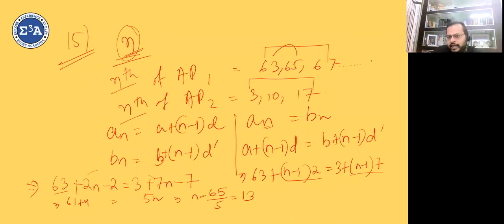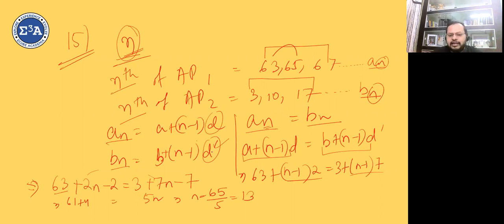Suppose we take this AP as an and this AP as bn, these both terms will have the same value. So we have to find out for which term it will be the same. So what I did, according to the question, an and bn need to be the same. So I kept an on one side and bn on the other side. I put the respective formulas of an and bn. Now the difference here is, it never mentioned that the common difference d is the same for both of them, unlike the previous questions that we have done. So what will we take? We'll take one d here and a different d here. I could have taken d here, e here.